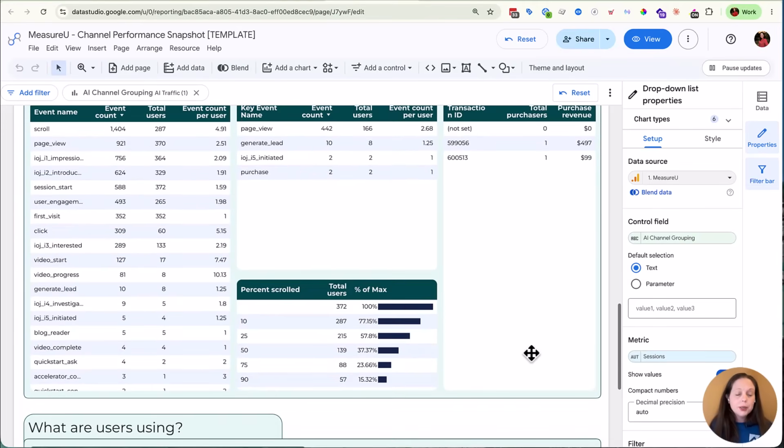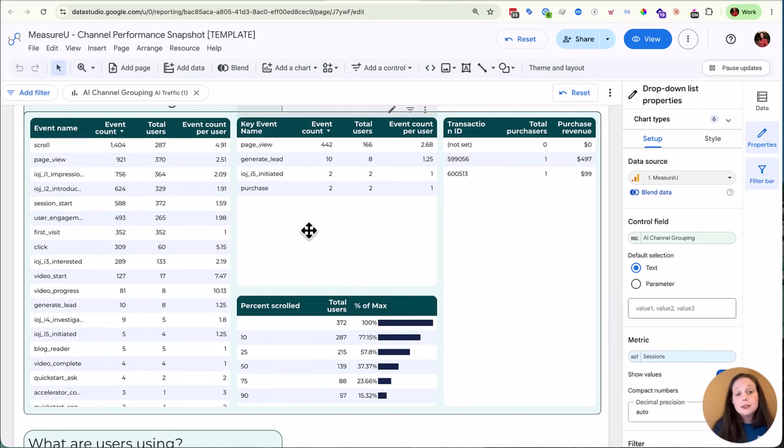And then one of my favorites, if you already have scroll set up, like through Google Tag Manager, or maybe you custom coded it so it actually grabs 10, 25, 50, 75, 90, or whatever percentages that you want, it's going to show up in here. So this little blank guy right here technically means everyone who saw the page. And then we come down through and see, okay, to get to 90%, only 15.32% got to that. So of all of the people that saw the page that is AI traffic, 15.32% scrolled to 90%.